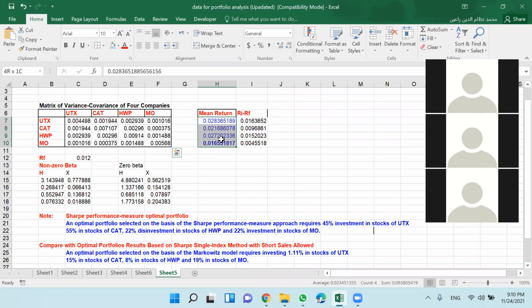mean returns. And we have also assumed that the monthly risk-free rate is 0.012, that is 1.2%. And we have subtracted from the mean return of each company the risk-free rate here, okay?